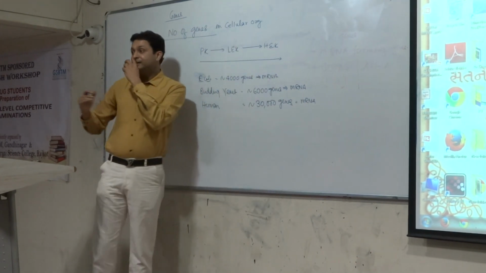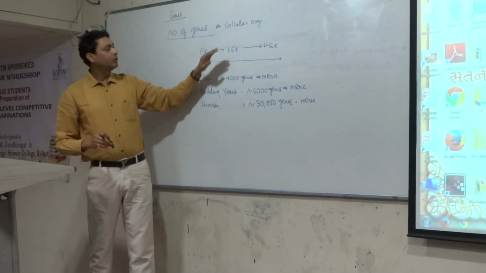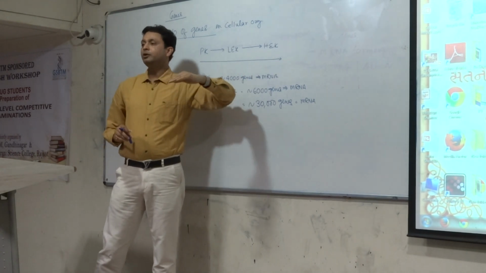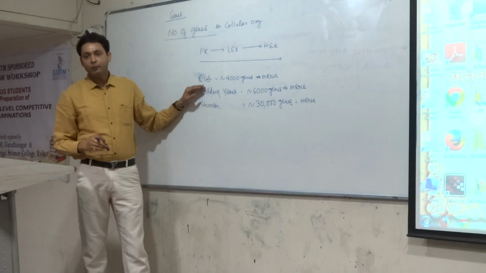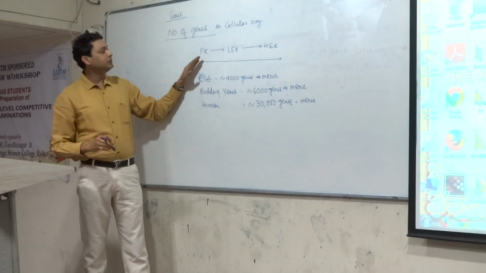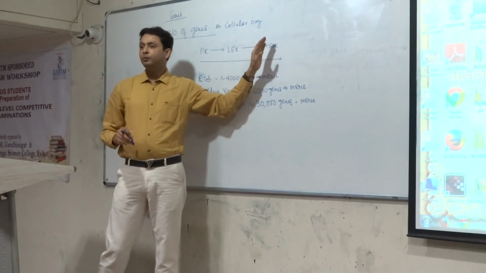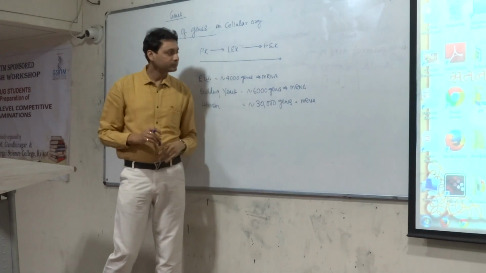So there is a generalized trend in the case of the cellular organism. When you move from the prokaryote to the higher eukaryote, the number of genes is going to increase. Here I am talking about the messenger RNA forming genes. You will find the least in the case of the prokaryote, and the maximum in the case of the higher eukaryote. This is the generalized trend.